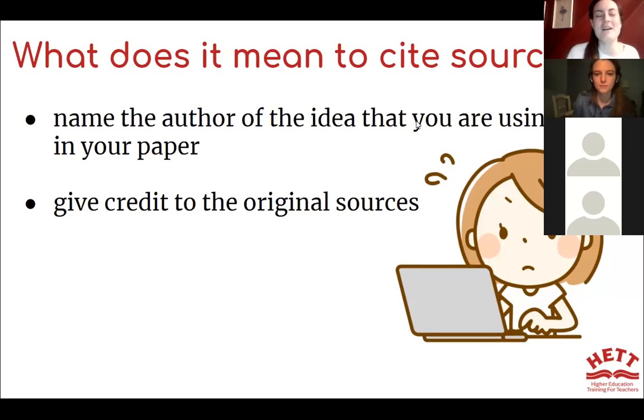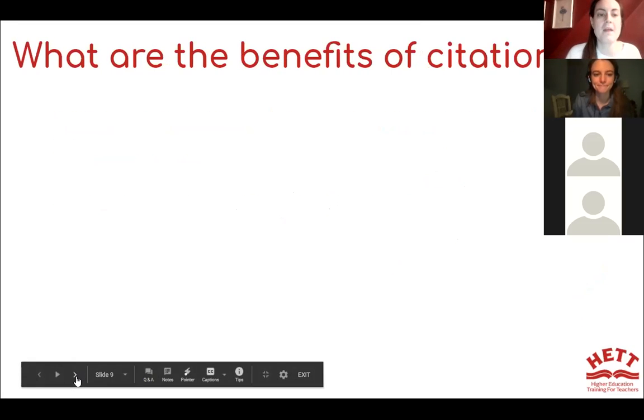There you go, American Psychological Association. That's what APA stands for. Definitely. So this is naming the author of the idea that you are using in your paper and giving credit to the original source. So it's making sure that you cite it in the text and then you have your references as well.